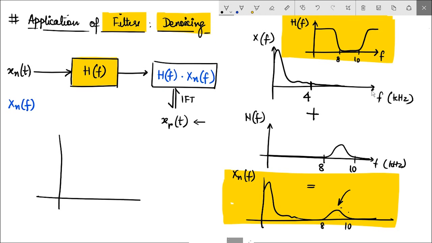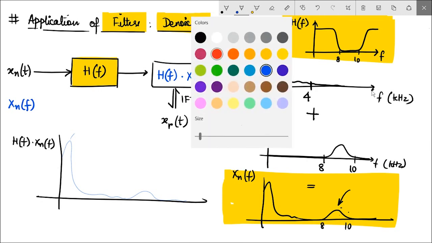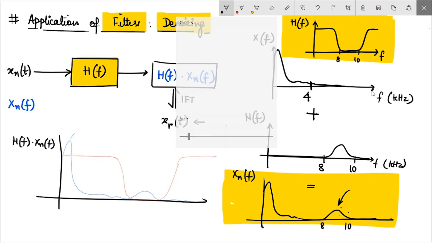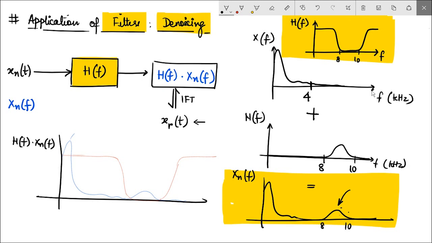If I try to sketch H of F and X N of F, how would it look? Let me just superimpose the two. This is how the Fourier spectrum of the noisy signal looked, and this is how my filter looks. When I find the product of the two, because say this is 1,